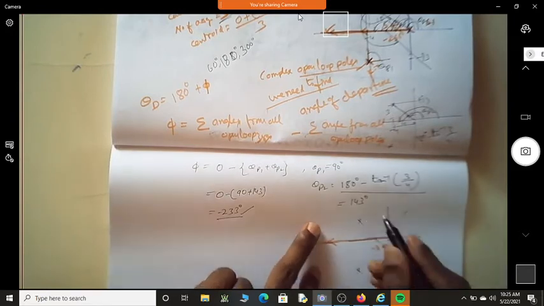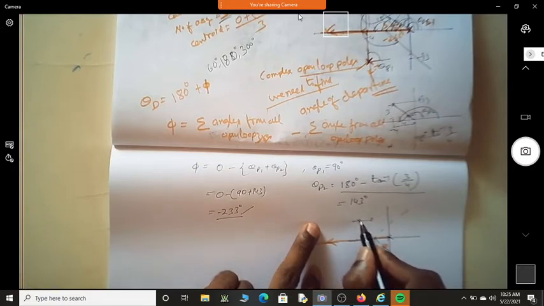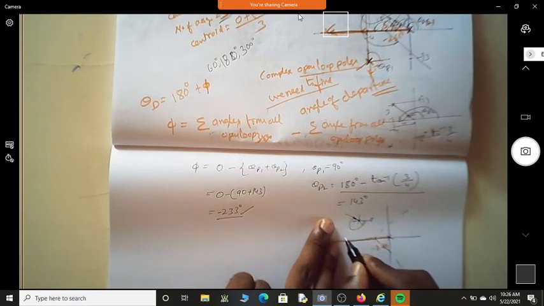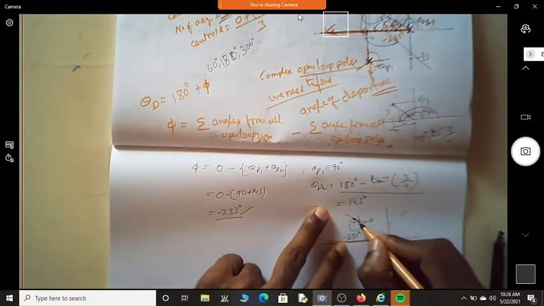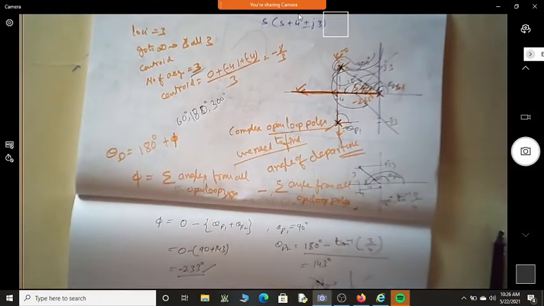What is the angle? Minus 233. If this is 0 degree, and this is minus 180 degree, will minus 233 be somewhere here? From here it is minus 180, this is minus 270, so it is somewhere here. Yes, this is the angle corresponding to minus 233 degree. We had an ambiguity whether the pole goes this way or this way. Now we have a clear direction that it will leave at minus 233.